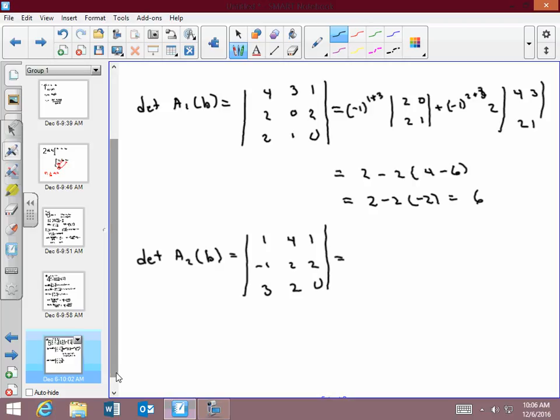Probably that third column is the way to expand it again. So it's a minus 1, first row, third column, and minus 1, 2, 3, 2, plus a minus 1, second row, third column,